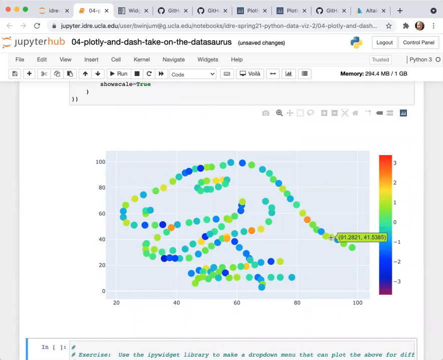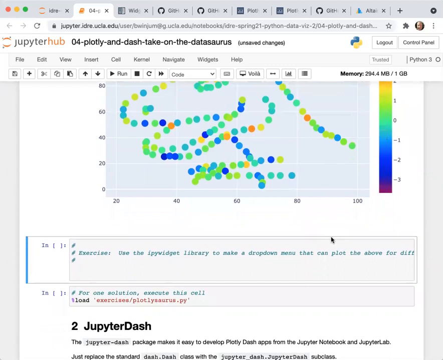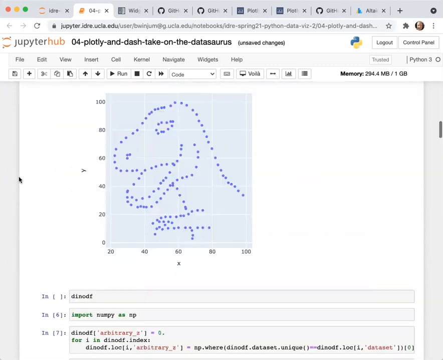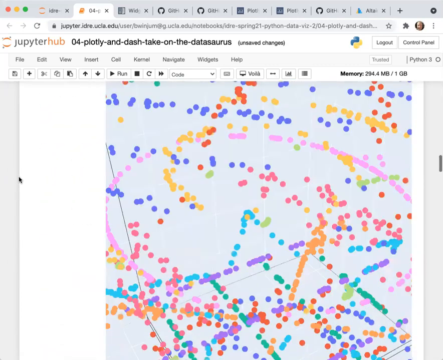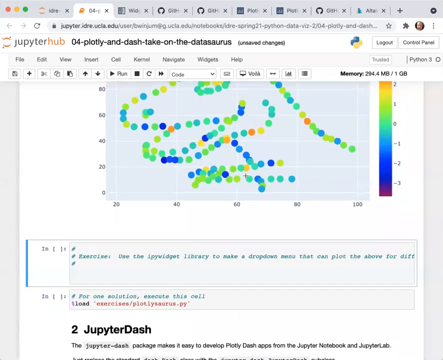This is kind of like a whirlwind introduction to Plotly. But now just to show you that you can combine Plotly, or actually any other library, with the ipywidgets library, I'd like you to take what you learned from the ipywidgets library. So import that library. I can't remember if I imported that here. I haven't imported the ipywidgets library yet. You'll have to import that and then try to make it so that you can generate this plot for each of the different data sets with a drop-down menu.